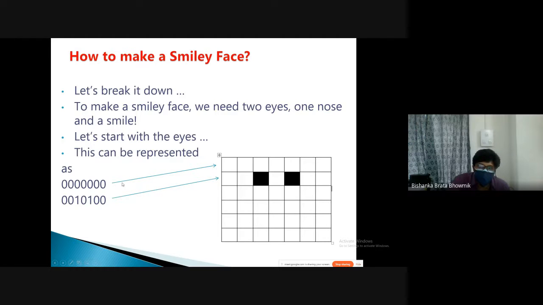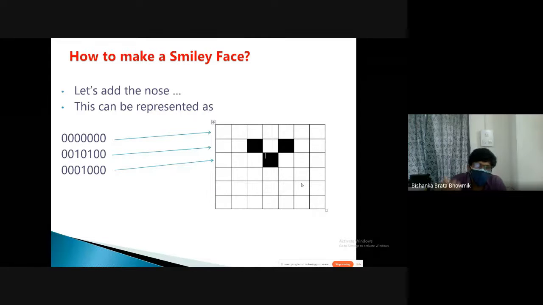Now, what actually has been done, all the numbers we have given, you can give like this: 0 0 0 0 for the first row. As they see that all the elements of this first row have been filled by 0, that means they will not touch any of these boxes. Next, they will find 0 0 1 0 1 0 0. That means the first two will be blank. Then 1, if there's 1, they will fill it with dark color. So they will color that up. Then again 0, they will keep it blank, and again 1, so just darken it. So this is something they can do practically in the class.